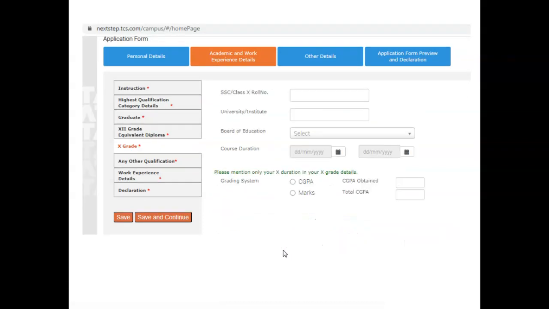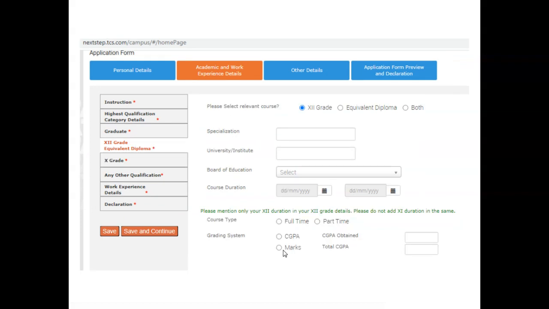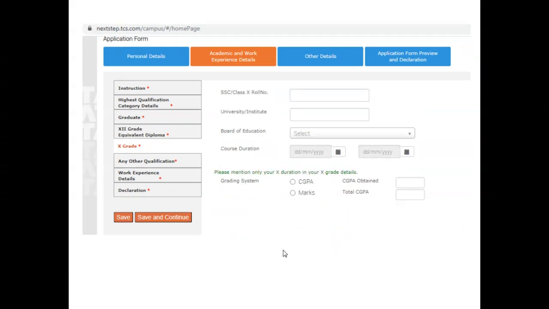Likewise, you also have to enter your 10th standard details. Please keep in mind that for 10th standard they'll ask for your roll number, which is the most important thing. In the school name and board, again, give the 10th standard duration alone. For example, if you joined 12th standard in 2016, then 15-16 is 11th standard, and 14-15 should be 10th standard.